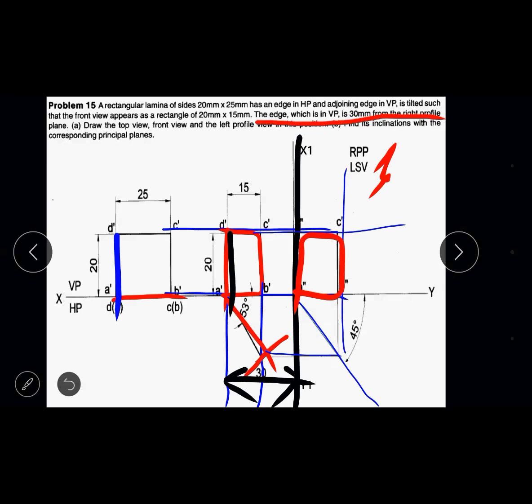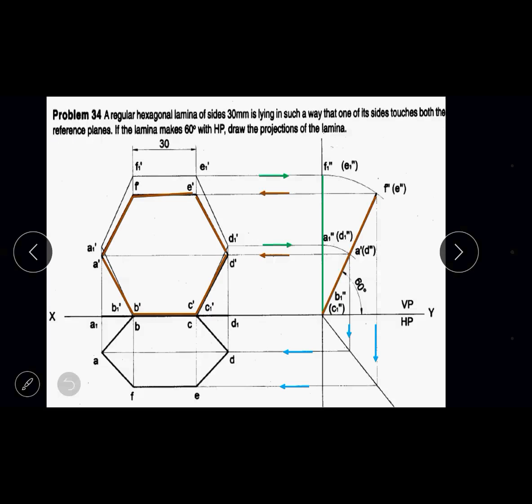Yes, okay. So next, problem number 34. Maybe this is the last problem and it is one of the masters of all the problems. Because if you just look at the figure, it's no more related to your regular type of problem. It's entirely different. It's problem number 34. The statement is very small.